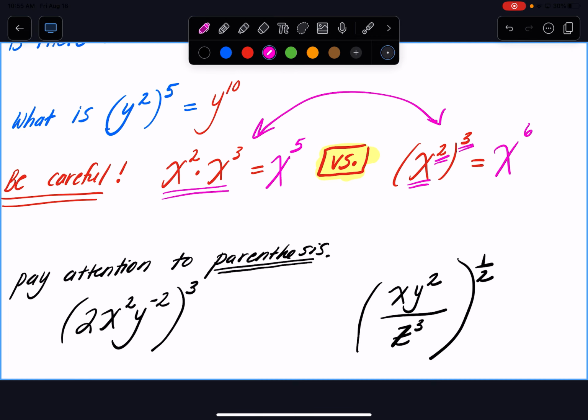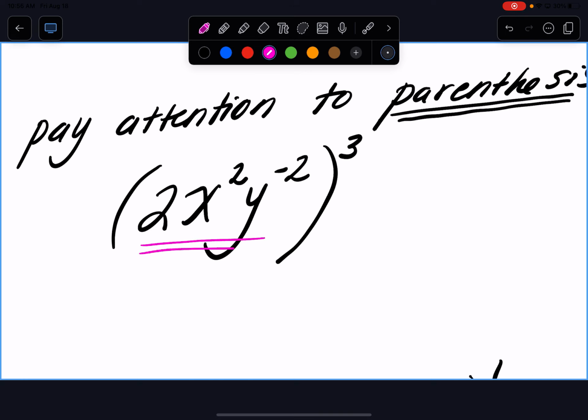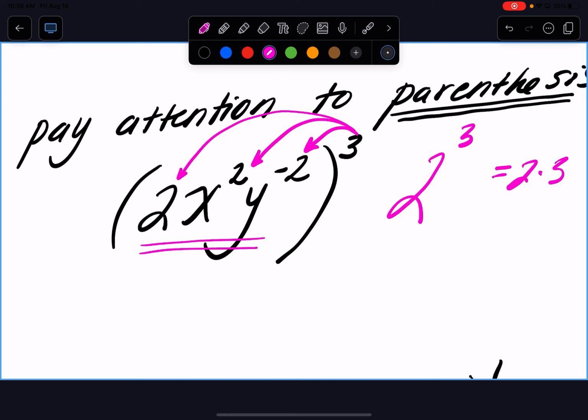All right, so let's look at something else. Just watch this one. Okay, right here, you've got to pay attention to parentheses. We know parentheses mean focus on me first. So if we focus inside the parentheses, does anything in here combine? No, you move on. After parentheses is exponents. Is there an exponent on the outside? So you take care of that. This means we need to raise every piece to the 3rd power. Now, be very careful. That does not mean 2 times 3. You guys, is 2 to the 3rd power equal to 2 times 3? No, it's 2 to the 3rd power. So I'm showing my work: 2 to the 3rd, and then x to the